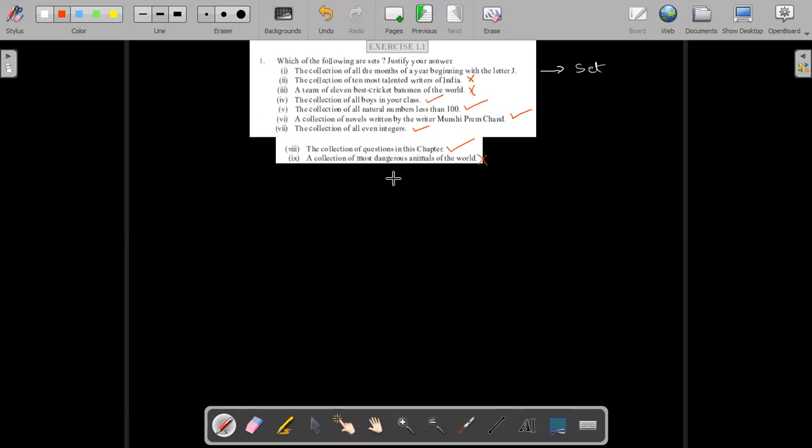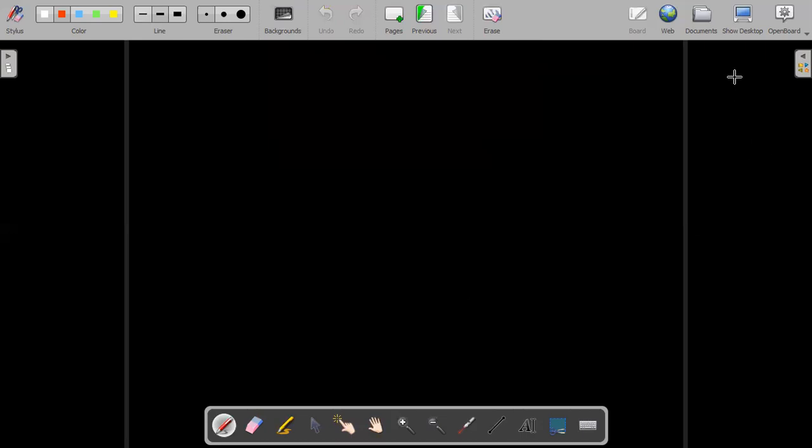You have to explain, because this criterion varies from person to person or from survey to survey. Different surveys can give you different results. So whatever reason you can write here for it not being a set. If it is a set, no problem. You can say it is a well-defined and confined set. So we can say this is okay. Next question is